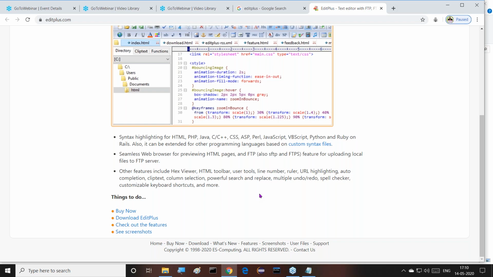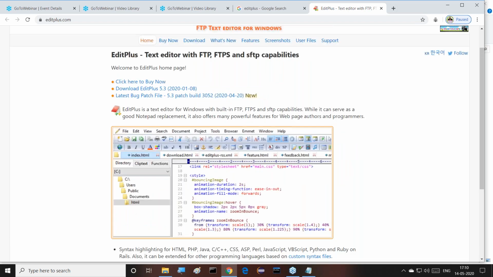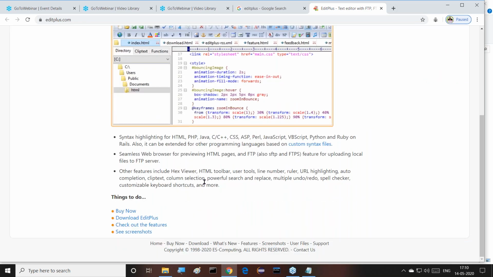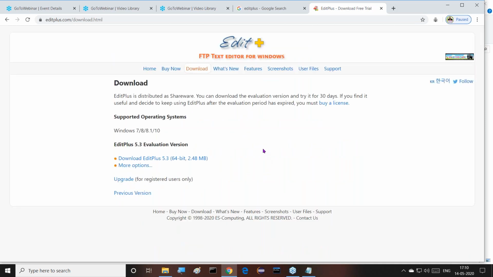I just want to click on Download Edit Plus. It will come to the download page. Now observe carefully. If you click on downloads here, we are getting this one. Edit Plus 5.3 is an evaluation version. Directly here we can click on this link and we are able to get Edit Plus 5.3, guys, no problem.